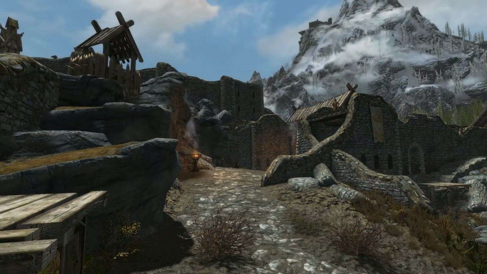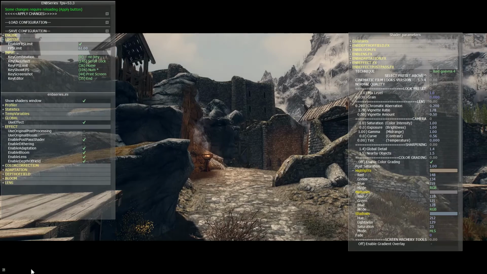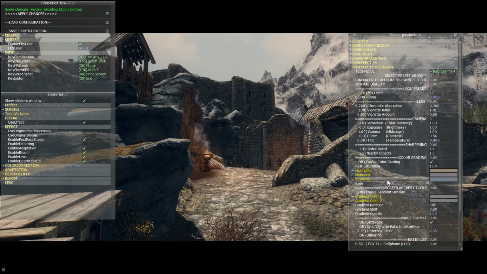Okay, so what is this gradient overlay thing all about? Let's go ahead and collapse these, and let's enable the gradient overlay. Now, when you first turn it on, nothing's going to happen if these are both set to middle gray, which they are. This basically works the way it would in Photoshop. If you have a gradient and you set the blend mode to overlay, that's exactly the effect you're going to get here. So let's just